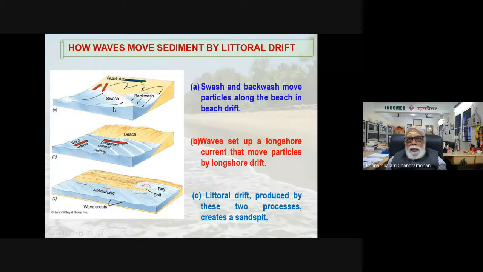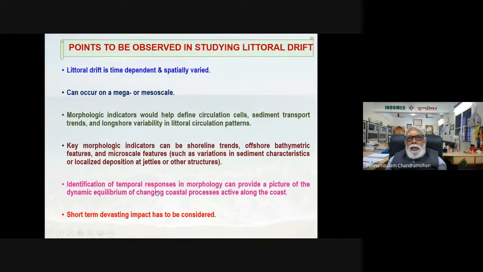This we can see where they come, break, rise over the beach. Then they'll have a backwash coming back, removing the sand and moving along the coastline. And while moving along the coastline, if there is a kind of dead end, you will have barrier beaches. And the point one has to note, if you are going more in depth about the